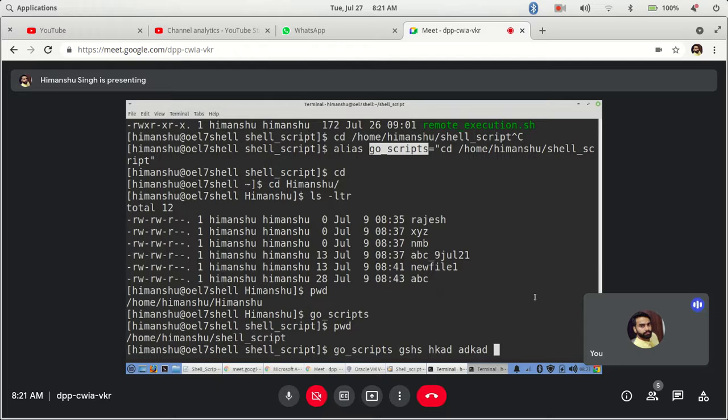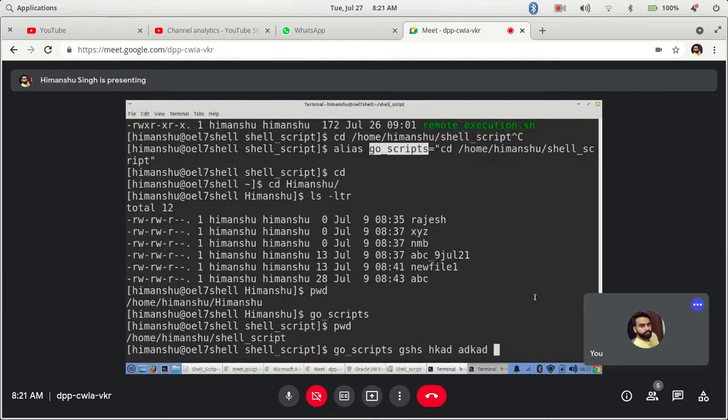So how can this be created using an alias? What you can simply do is create a function. You can create a function that will take the alias and it will work as a basic command.